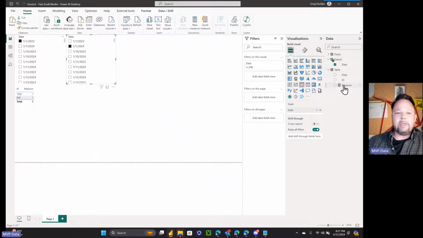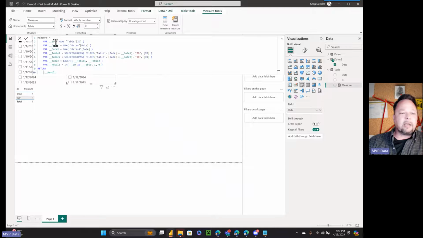So what you can see here in this measure is a pretty classic no-CALCULATE approach, which, by the way, if you're not familiar with it, is: create a couple of vars, create a table var, use an X aggregator or some kind of aggregator. So in this case, it's a very similar approach. I grab the ID, I grab my first date, I grab my date for my second table. I do a SELECTCOLUMNS where I filter the table for the ID for that date. I do a SELECTCOLUMNS where I filter my table for the date on the second date. I do an INTERSECT across them. And then in this case, I do if ID in table, 1, otherwise return 0.